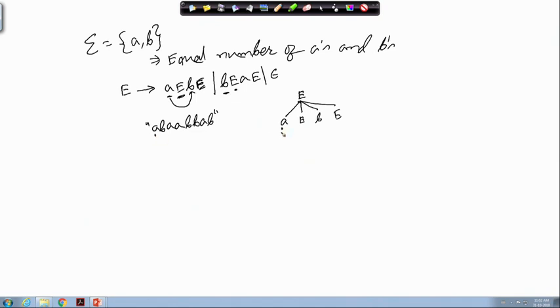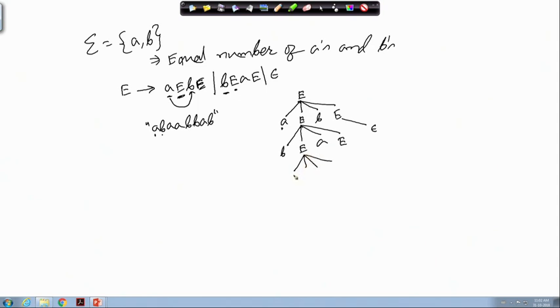So, this A is here and this B is this one. So, this way we can have it like this. Or we can match this B with somewhere else also. So, let us see that one possible parse tree may be like this. So, we make it like B E A E, so that this A matches with this B, and this E gives me epsilon, and then this E gives me again an equal number of A's and B's, that part.